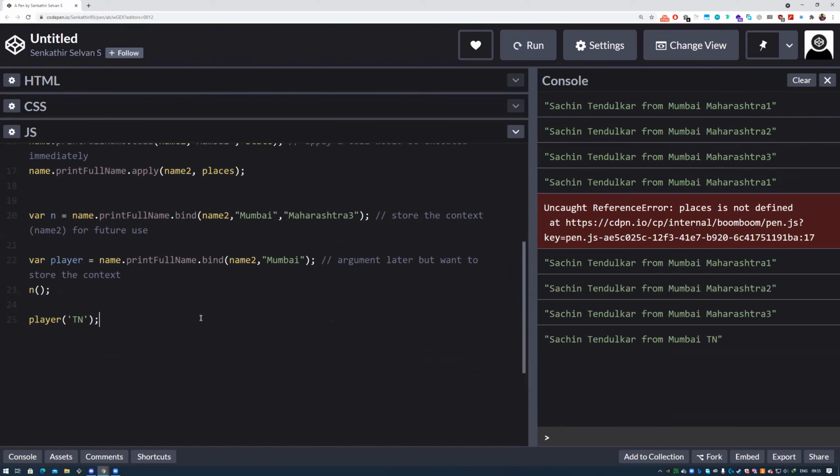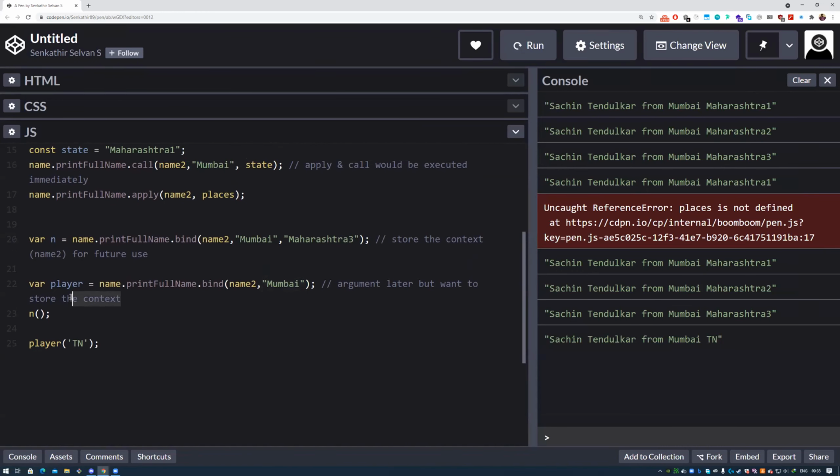So this is another use case where I don't want to give all the arguments in one place, but I want to store my context and use the argument later. Say this line of code I want stored here itself, then maybe after 1,000 lines I execute it. That becomes useful.